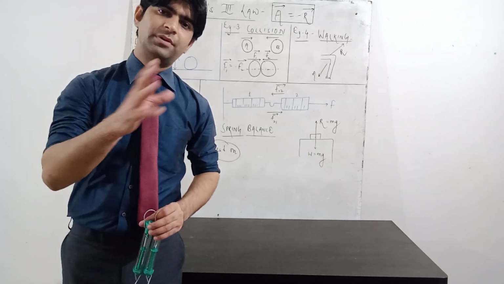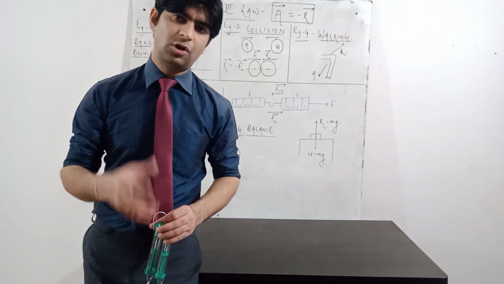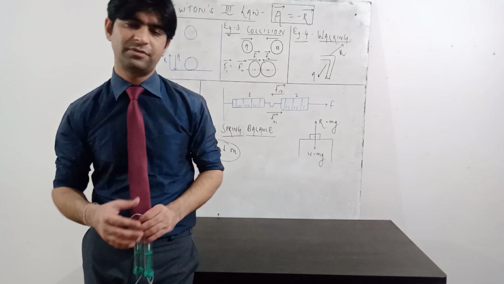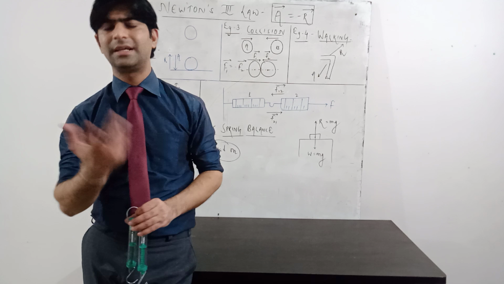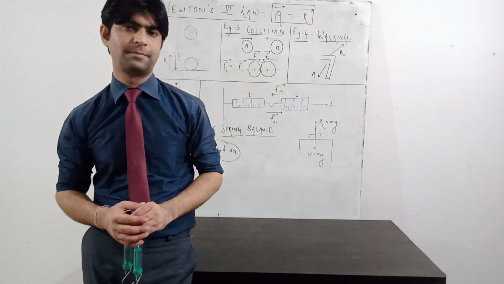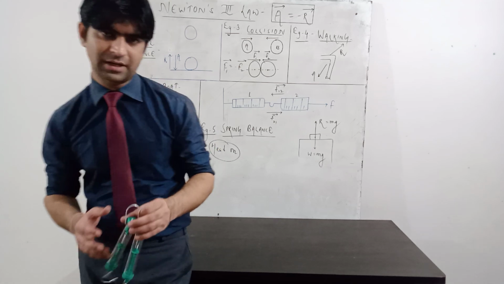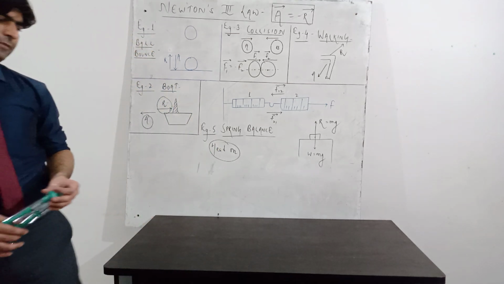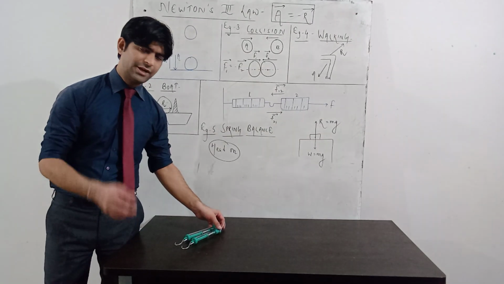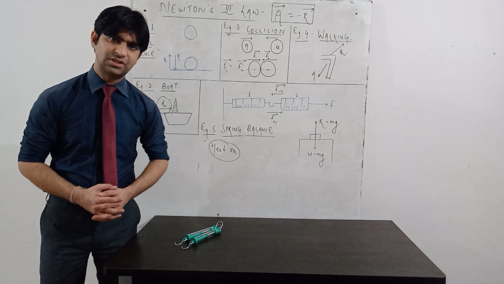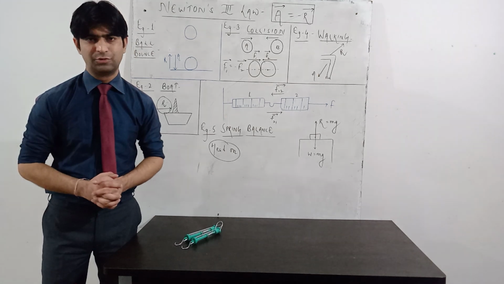So Newton's third law is applicable in our daily life, mostly the walking of a person, launching of a rocket, bouncing of a ball, coming down from a boat. So many real life examples are there. We have seen this with practical demonstration and practical application, and we had a discussion on these demonstrations. Newton's third law states that every action has an equal and opposite reaction, opposite in direction, equal in magnitude.